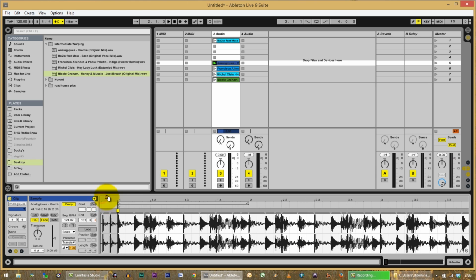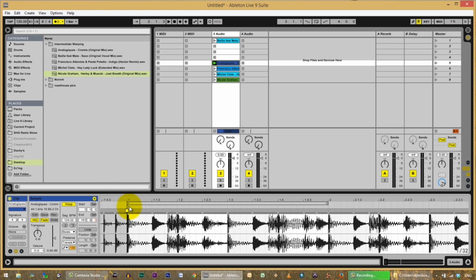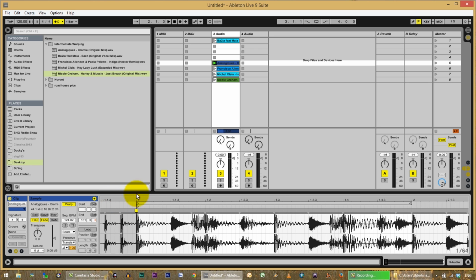Now, there's one thing that we have to look at with this one, though. In this case, because the downbeat of a bar did not fall on the first beat in the music, when we try to hit play here, we're not getting those first two 16th notes that we wanted to hear, or we might want to hear. So how do you do that?